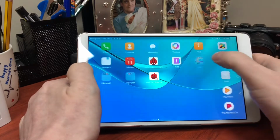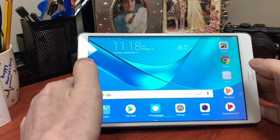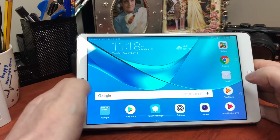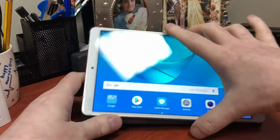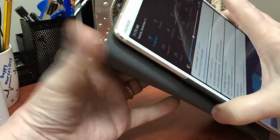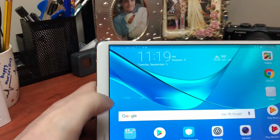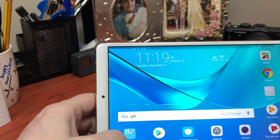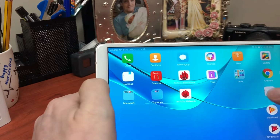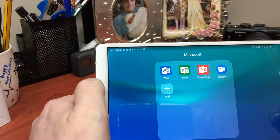Okay, so if people are not familiar with Huawei, the learning curve is not particularly steep. It's relatively easy. It's all pretty much laid out. Now, I did notice when I opened it up, it came with some bloatware, not a lot. I think it's because it's new. I deleted the games since she's not going to be playing games. It did come pre-installed with Microsoft Office apps, so there is a possibility of adding some productivity,